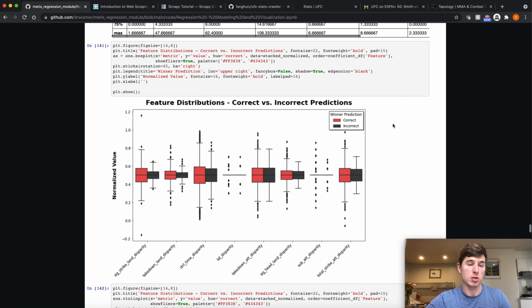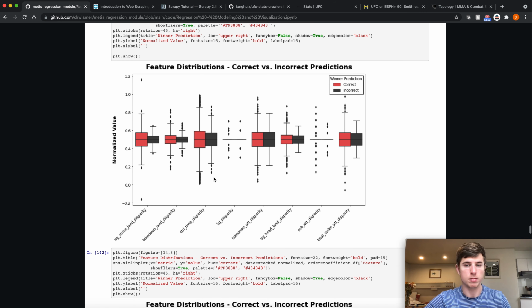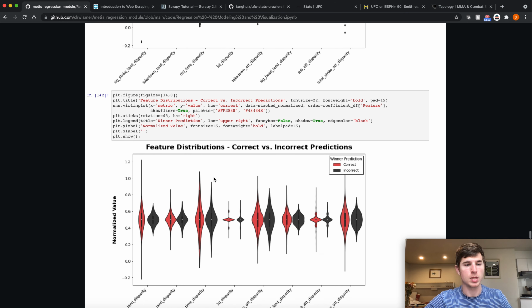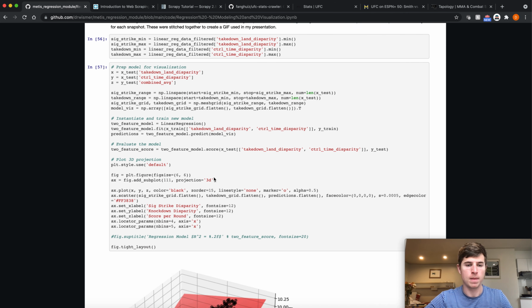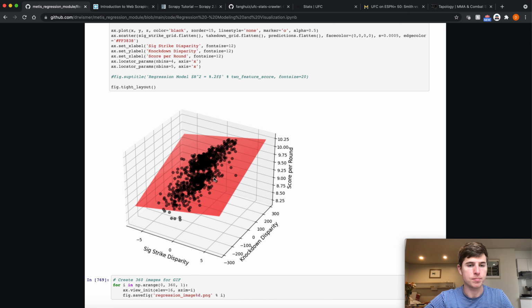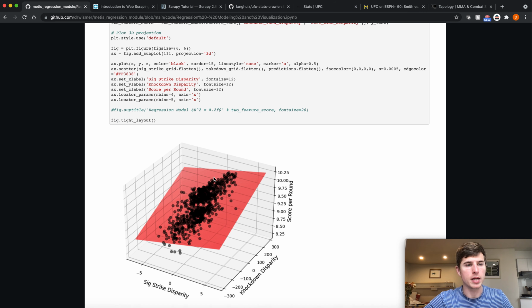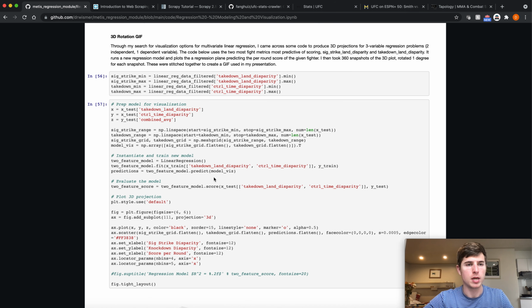It's difficult to capture that kind of thing, but it's nice to know that when our model gets it wrong, the stats are closer together and it's not as clear who the winner is. So give ourselves a little grace there. Here's the same thing, just in a violin plot. And one fun thing that I did that you might consider doing for